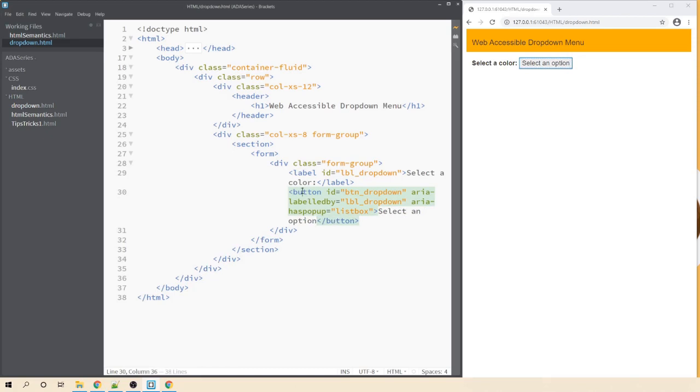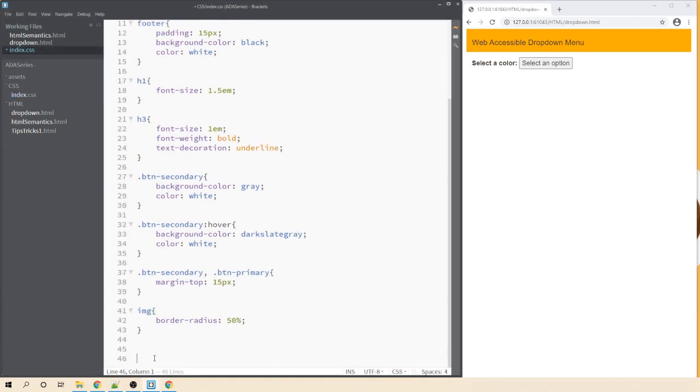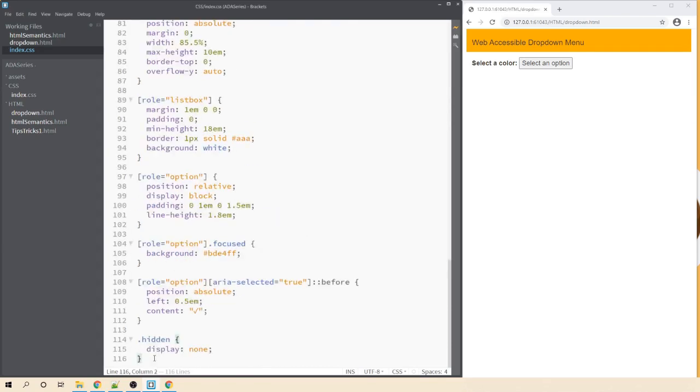Now that we have added our button, but this button does not look like a drop down, let's go ahead and add some CSS. To save some time, I have already created some CSS that I'll be simply copy pasting from here so that we can focus on making the element ADA compliant only. So let's go ahead and add the styling that we need. I'll put it underneath this one. All this code will be available for you to download from my GitHub repository. I'll have the link down below. Okay, let's paste here, save it.